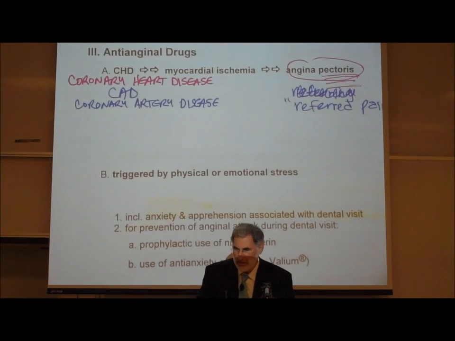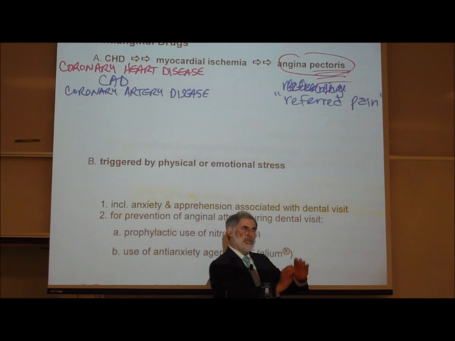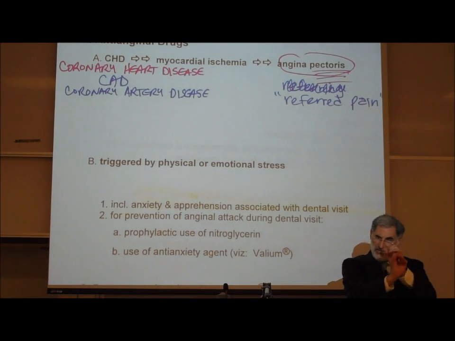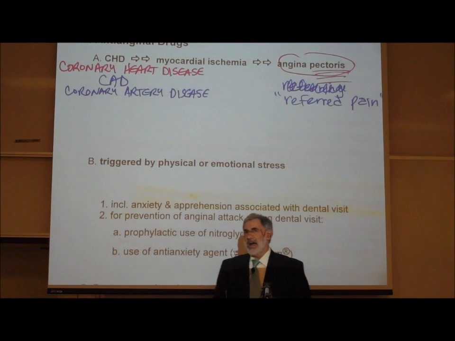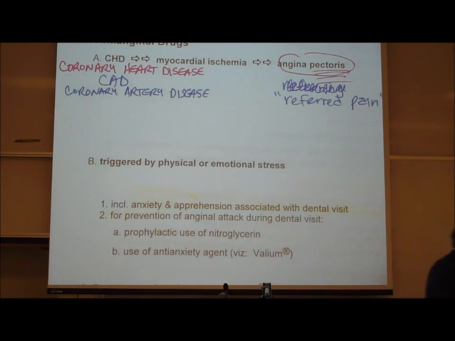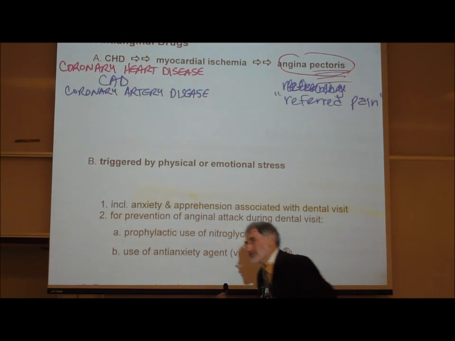Now, just a little bit of context. People who are prone to this problem because they've got clogged up coronary arteries, as long as they're sitting in a chair, okay, so here's my prop. I'm sitting in a chair, watching television. I'm not doing much. My heart rate is pretty slow. The demand of oxygen by my heart is pretty low. But anytime I'm stressed, either due to physical stress or emotional, what's an example of physical stress? I'm going to start to run.